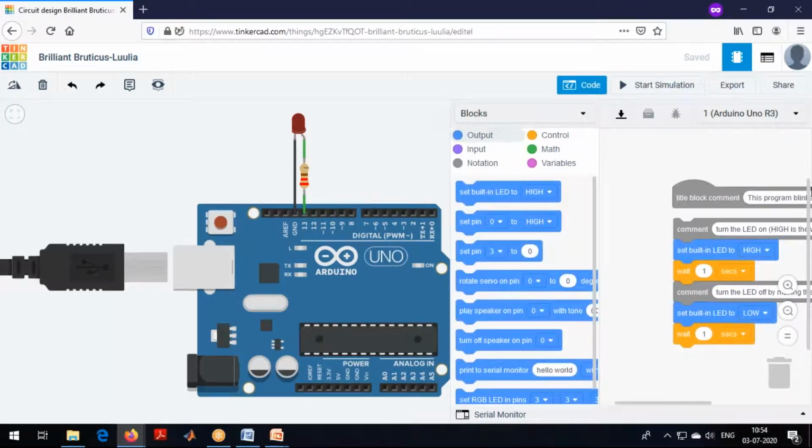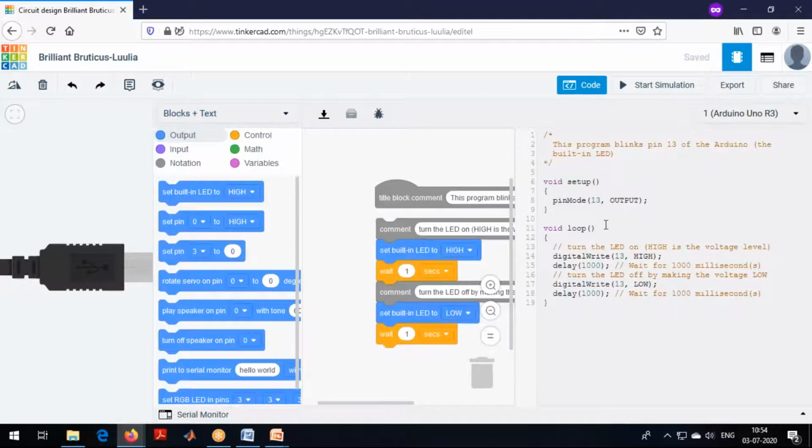I'll click code. I want to get the code of this one, because this is not the code which we will be dumping into hardware. I click on block plus text. See here, this is the code which will be used. Automatically we will get it. Right now I am not interested in explaining the code, but whatever I am writing here, the same thing is reflected here. You just need to copy this complete thing.